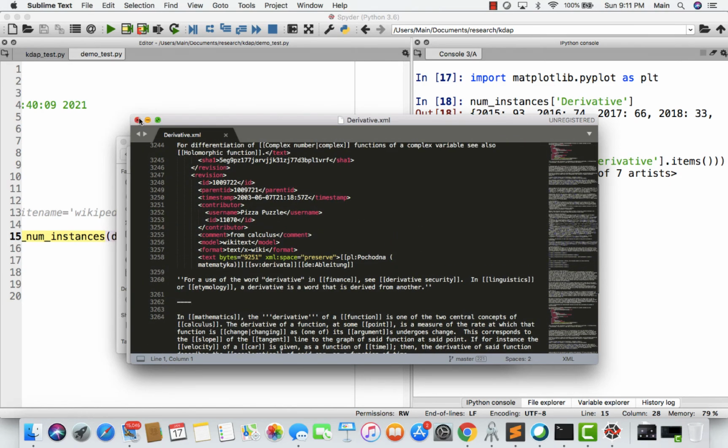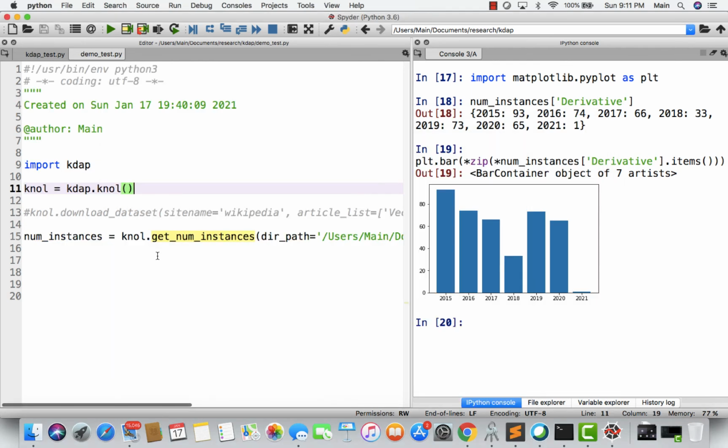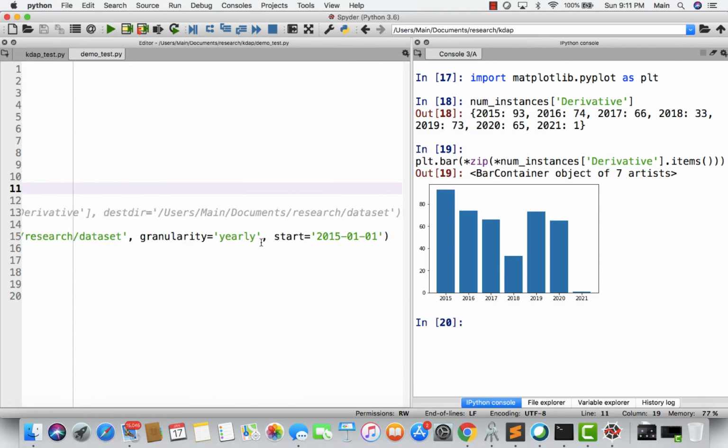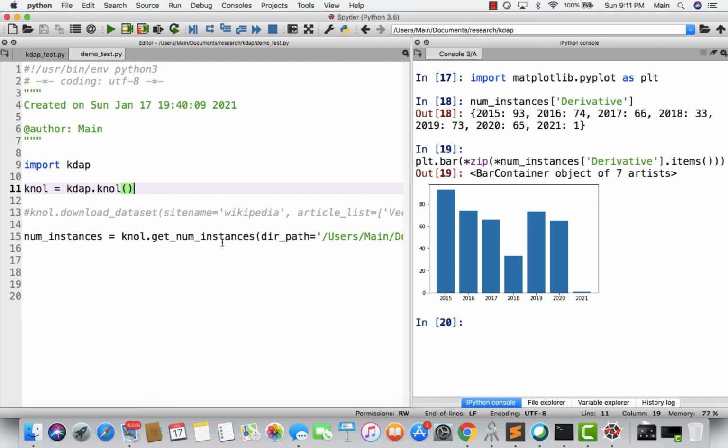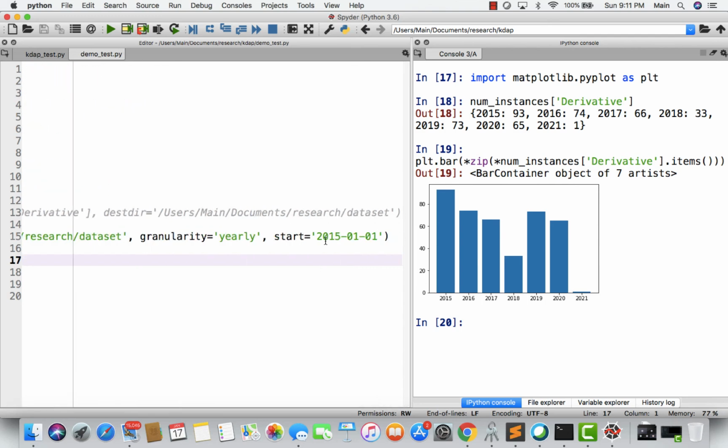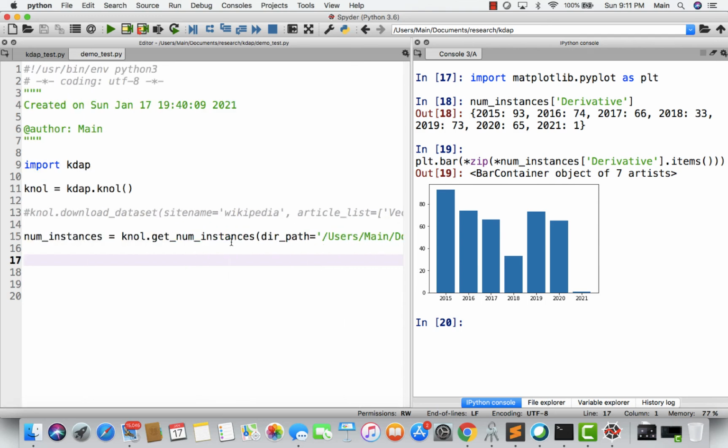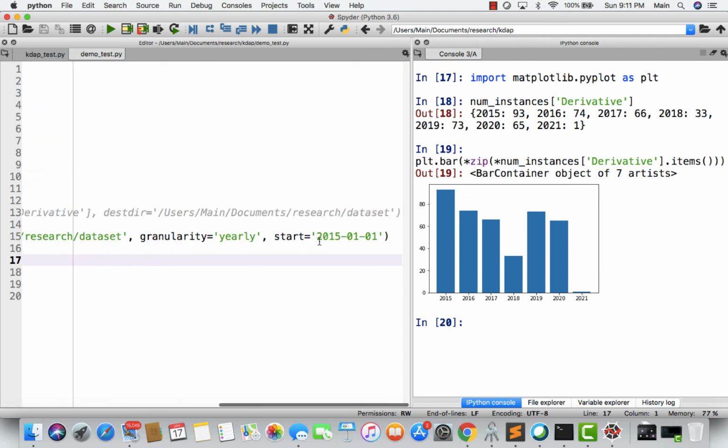And again, as I showed through KDAP, even this simple function would require a lot of time. Getting to this graph will require a lot of time, at least for a person who is just starting. So I just showed how easily you can retrieve the number of instances of these two articles.